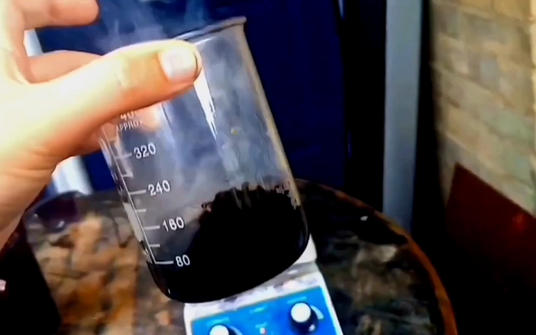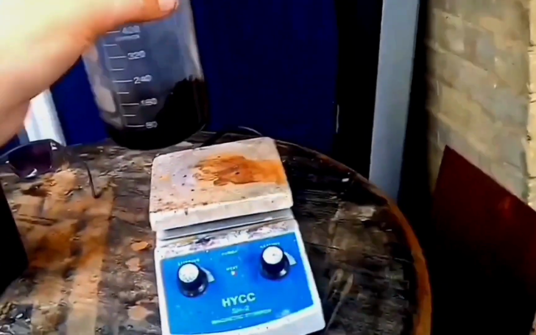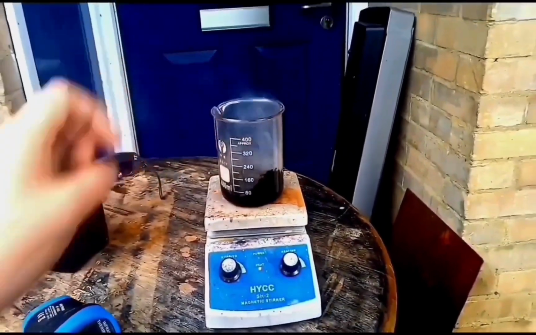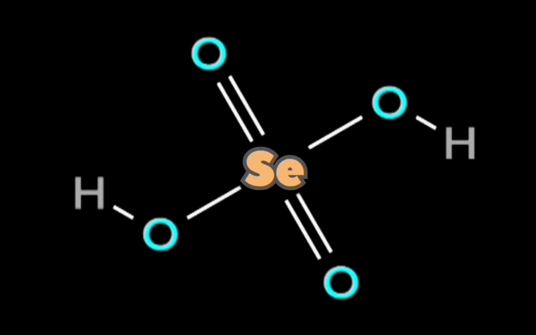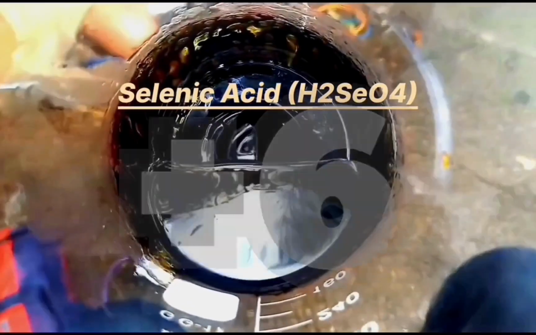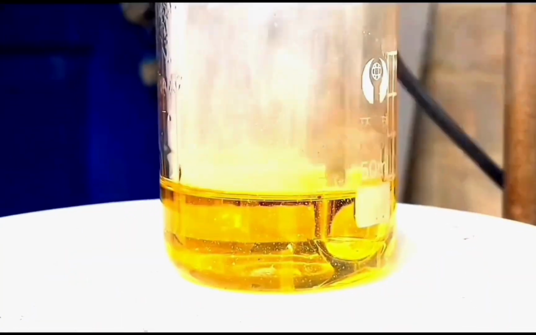For most sulfur compounds, you can simply swap out a sulfur for a selenium atom. Selenium analogues have a different personality. For example, the selenium analog of sulfuric acid, selenic acid, although less acidic, is more oxidizing, and it can dissolve gold. Selenium is usually dissolved using nitric acid,